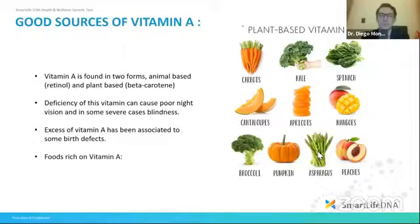a trustworthy source. I like to use a lot of the government information or sites, the educational or the agricultural websites. The nutritional or the health sites are also fine. Just don't believe everything that you see on Facebook. Don't believe everything that you see on SlideShare, because you might get some